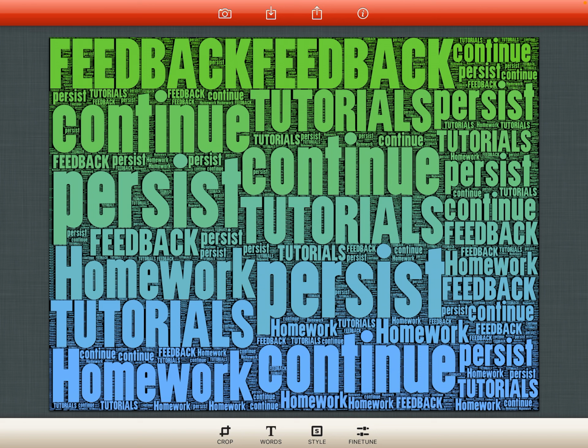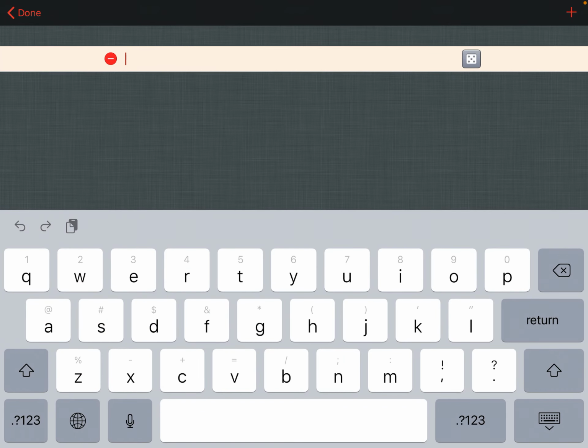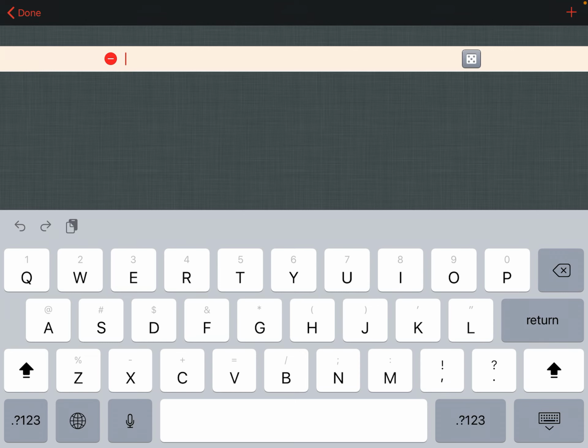Now you've got someone else's words in there right now, and you have just brainstormed 10 amazing words that describe you as a person. So what I want you to do is you click the T, add new word set. I'd recommend double clicking the shift, the arrow there. If you double tap that, then your words will come up in uppercase,